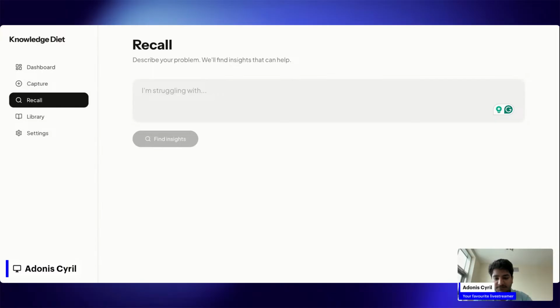Wait, I think my camera is just malfunctioning. Yeah, so as you can see, 26 seconds ago we had deployed this, so it is working now. We go here, go to Knowledge Diet, come back to Recall, come here. Let's try out LinkedIn once again. Hopefully this time it works. Did it work? No, it's still not showing up. So that means something is wrong, right?